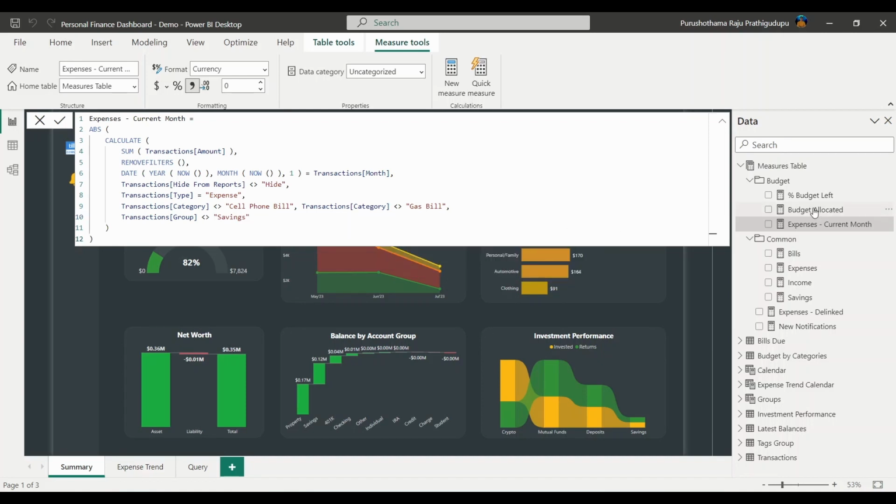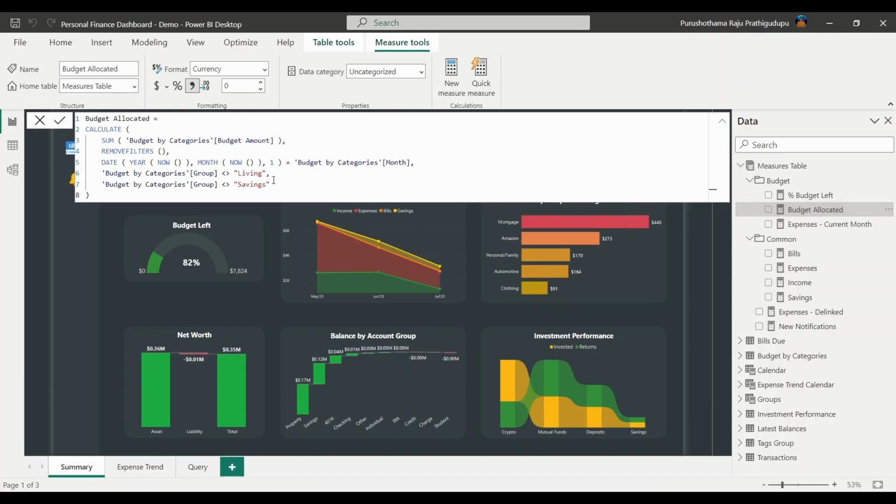And there's budget allocated as well, where we need to exclude those. But if you see, the table name is a little different over here, which is the budget by categories, but not the transactions. So I'll just paste that anyway and then modify that a little later. So instead of transactions, we need to copy this budget by categories and then paste that in here.